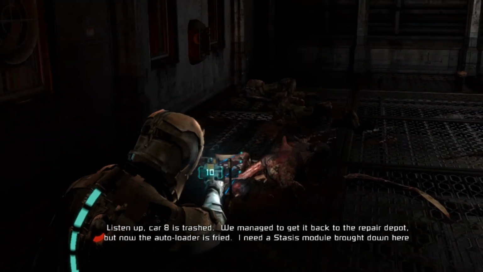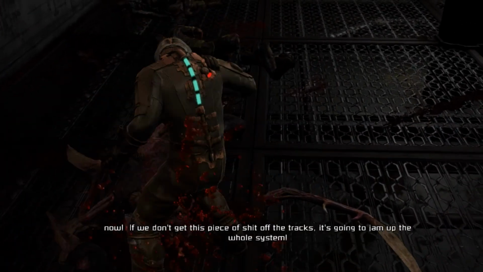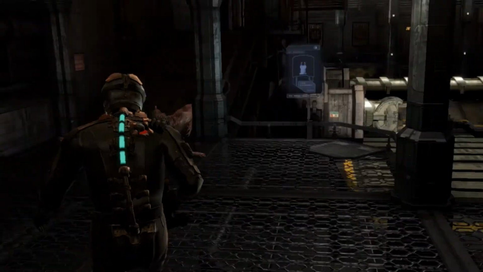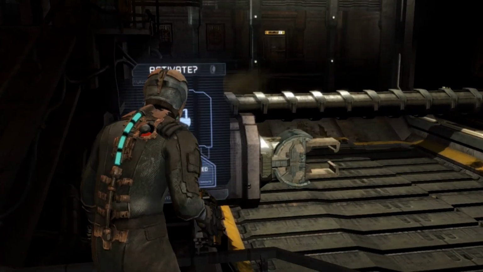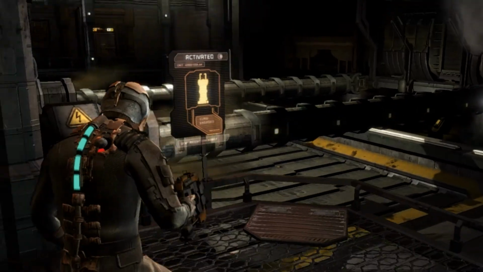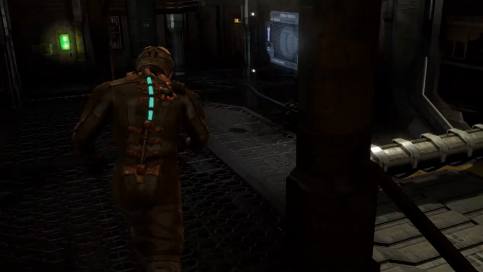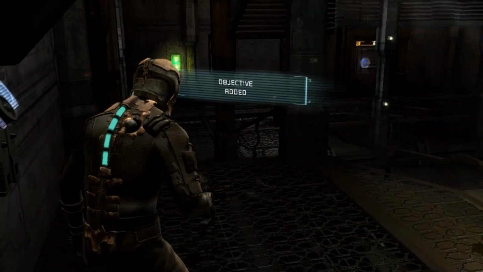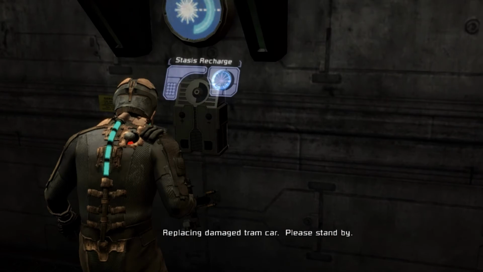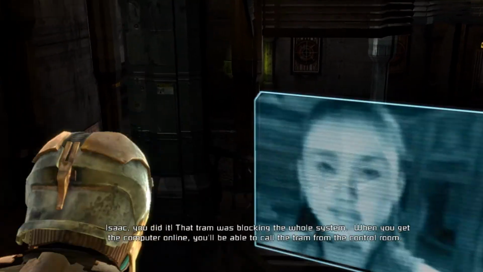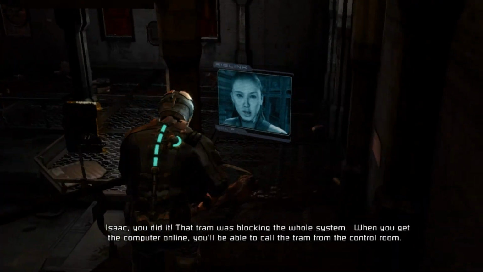The sensitive autoloader is fried. I need a stasis module brought down here now. We'll get this piece of shit off the tracks. It's gonna jam up the whole system. Replacing damaged tram car. Please stand by. If I remember correctly, the tram is blocking the whole system.